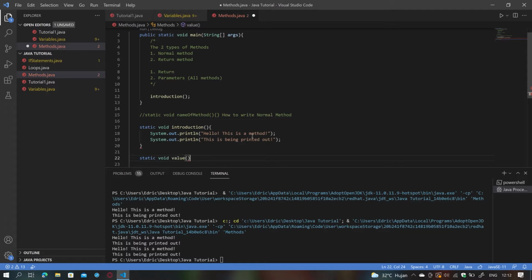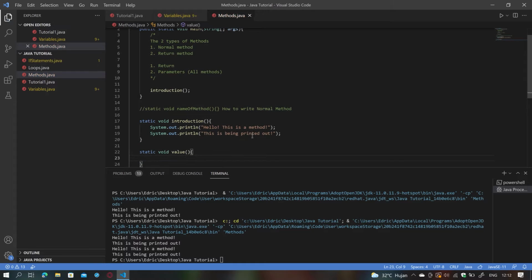And then we have a parameter. The parameter will always be found inside of these brackets, right here. And to type in a parameter, we just need to type in the data type. In this case, let's just say an integer value, and it can be any data type, as I have discussed in variables. Int, let's just say integer num1 like this, and then